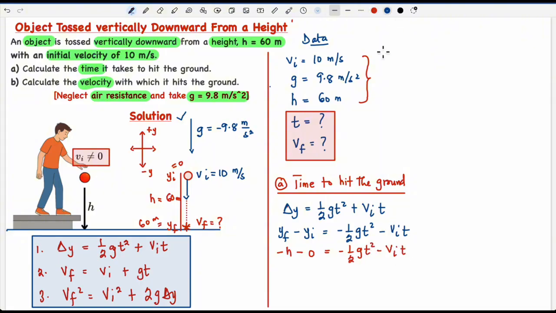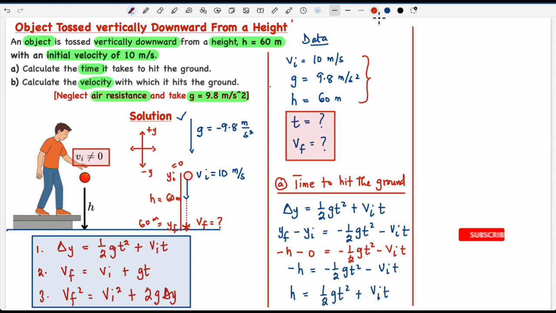vit. Now we can see that each of these terms has a minus in it, so we can just take that away. So that simplifies to h equals 1/2 gt squared plus vit. All right, so now that we have this equation, we are going to substitute all our values and then determine